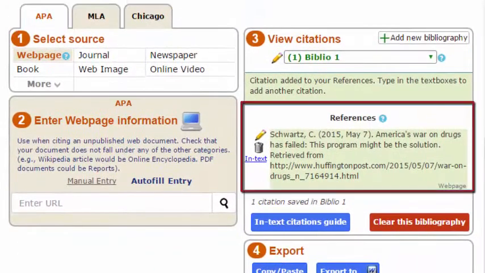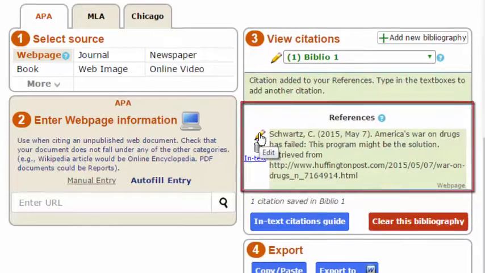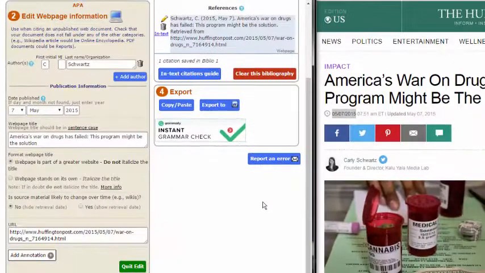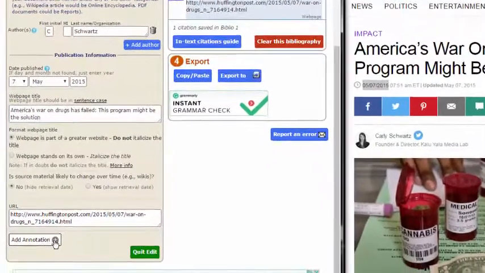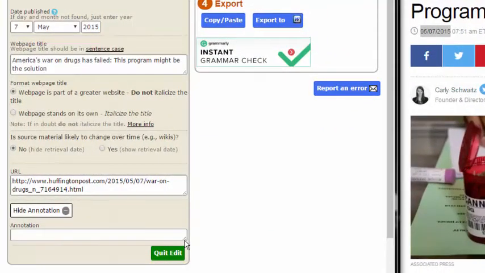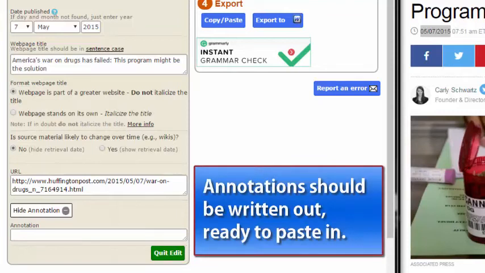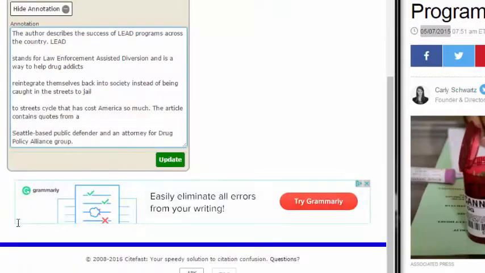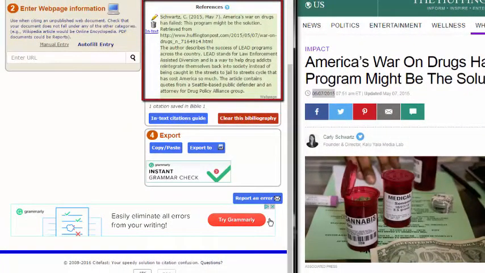There it is. Now, since we're creating an annotated bibliography, let's click on the pencil edit icon and add our annotation. Scroll down and click on Add Annotation. You can expand the text field by clicking on the hatch lines and pulling to the right, but it is probably best if you already have the annotation written out so that you can simply paste it in. That's what I will do. Now we click on Update. Voila! We've created the first entry for our